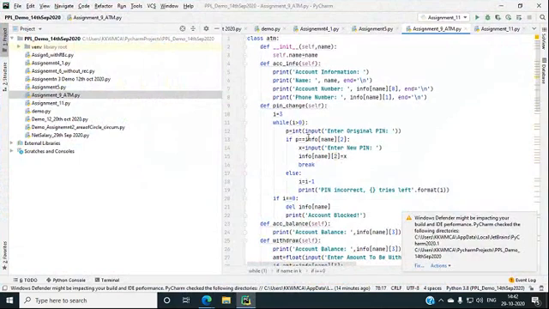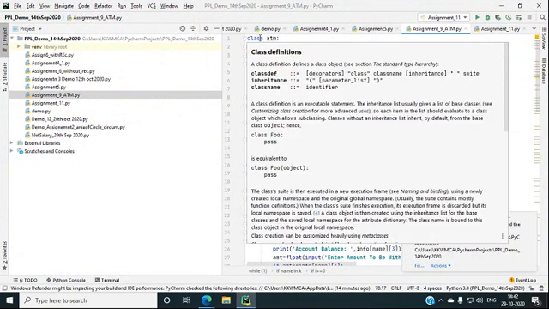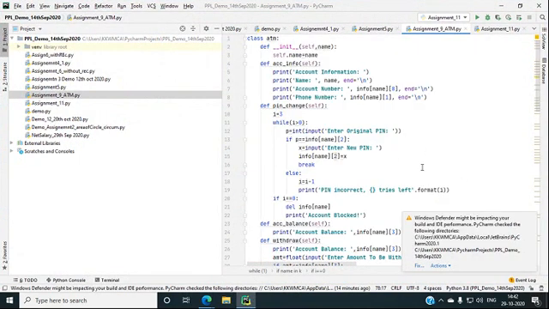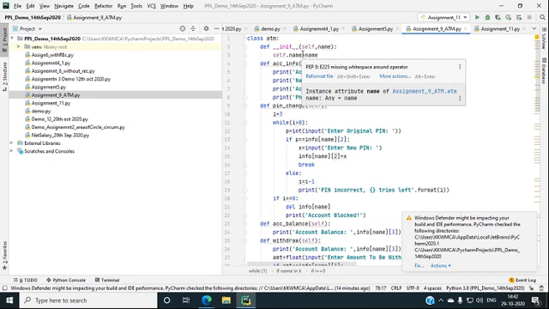If we run the program, as I said, I have already prepared the program for this. We have to create the class called ATM, and in that ATM class I have created the init function. Hope everybody remembers the init function, I have already said what the use of this function is.